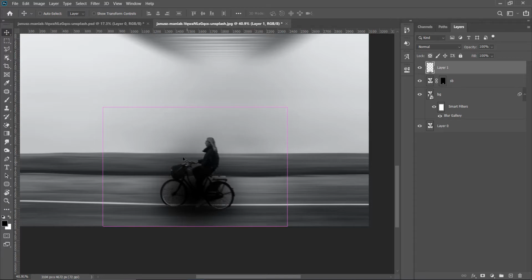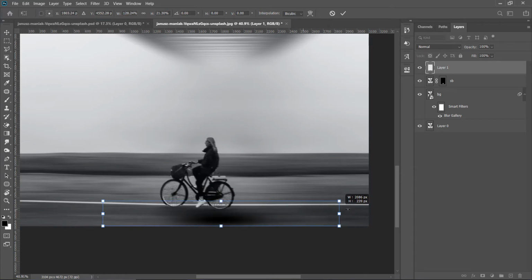Press Ctrl T, hold shift. If you are using a new version of Photoshop, hold shift. If you are not using a new version of Photoshop, you don't have to hold shift. So like this, make the shadow for our subject.